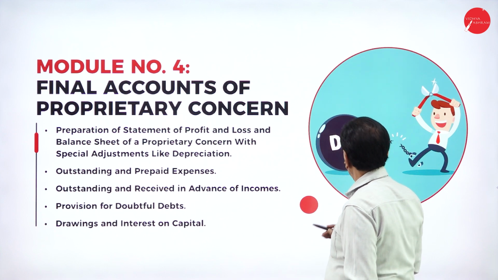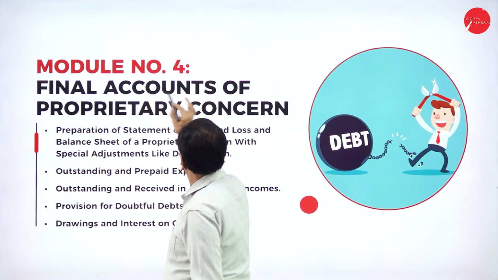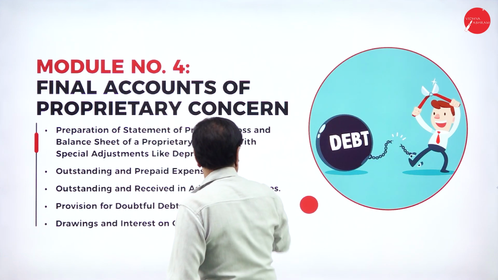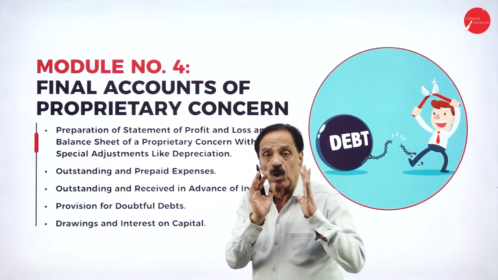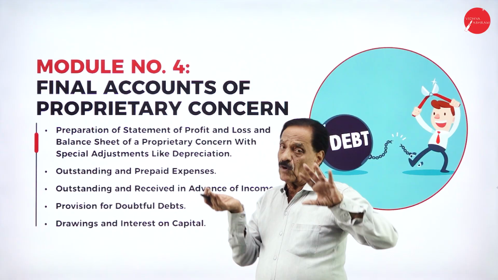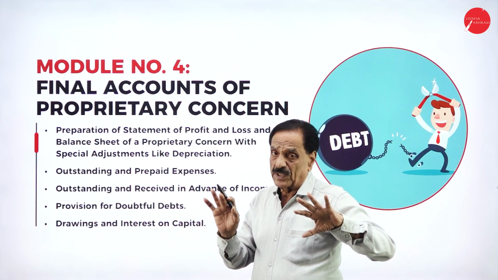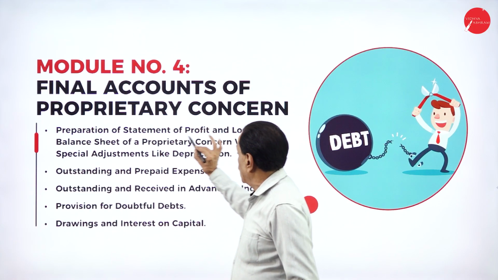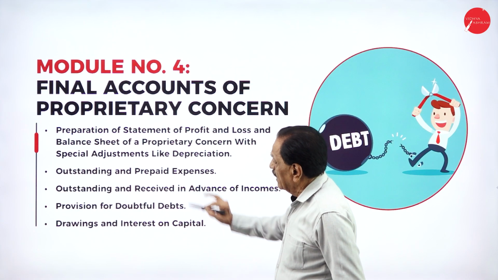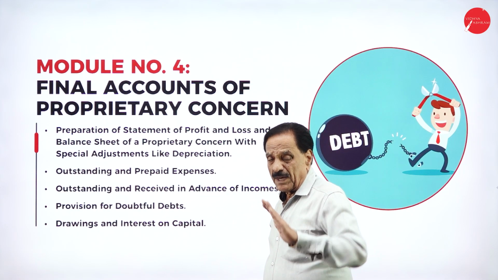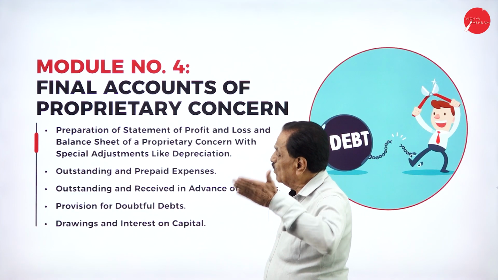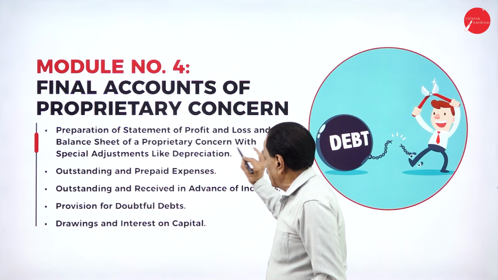Module number 4, final accounts of proprietary concern. Here is a word called debt. Debt is nothing but the loan. We are going to explain what you mean by debtor, creditor, all these things will come. Preparation of statement of profit and loss and balance sheet of a proprietary concern. We are going to prepare trading and profit and loss account and a balance sheet of a proprietary concern with